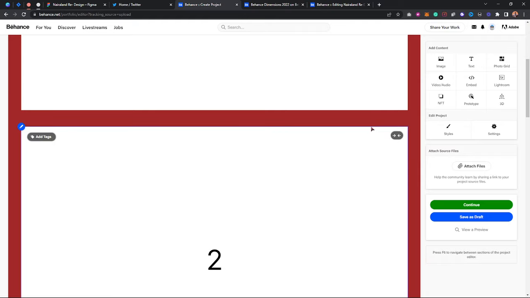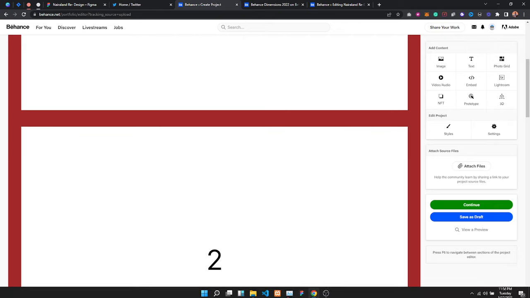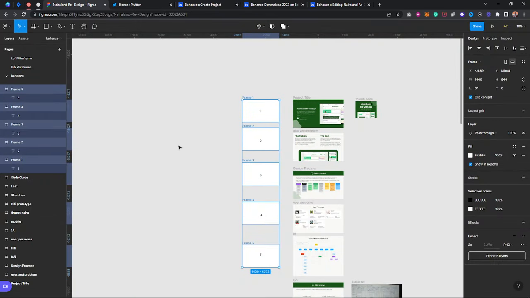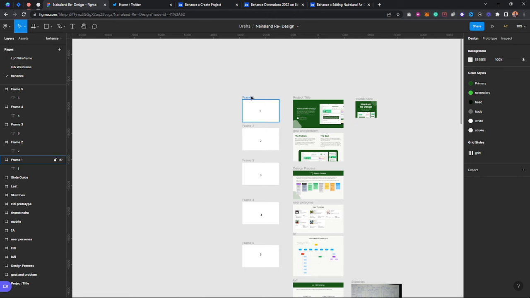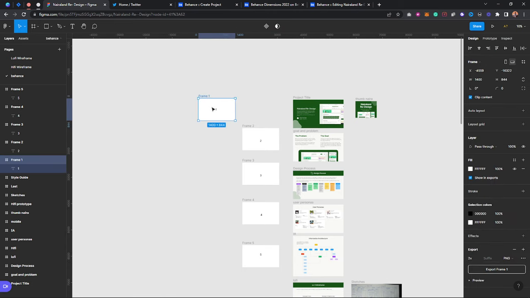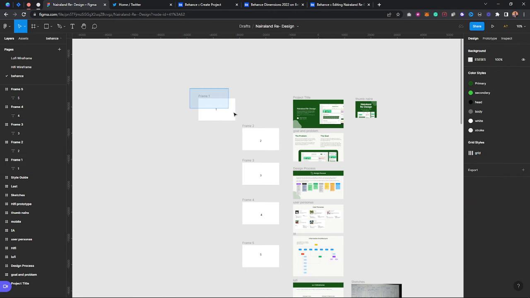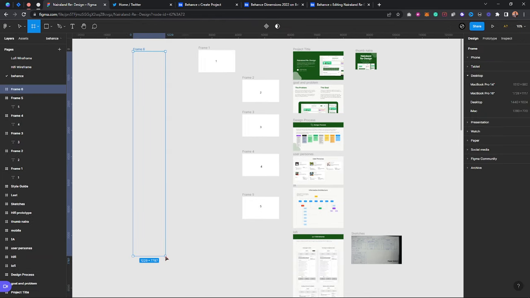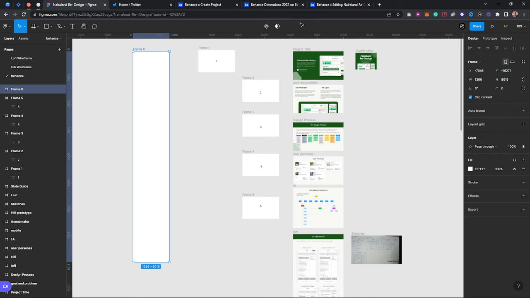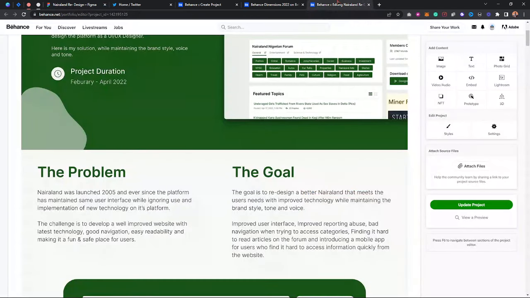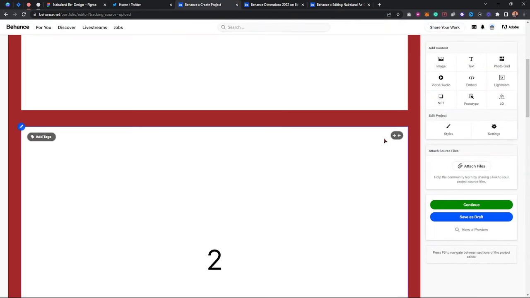Because I know most people actually face this issue. That's why they design longer sections. Instead of breaking each section, they just combine them into one long frame, so they will compress or remove or ignore this space here. So instead of you getting confused on how to do that, the best way for you to do that is